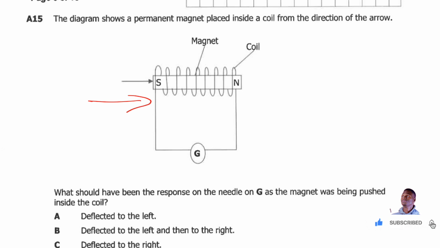What would have been the response of the needle on G as the magnet was being pushed inside the coil in this direction? The needle will move this side towards the right, it will deflect to the right. Okay, to the right. So what's happening here? This is according to Lenz's